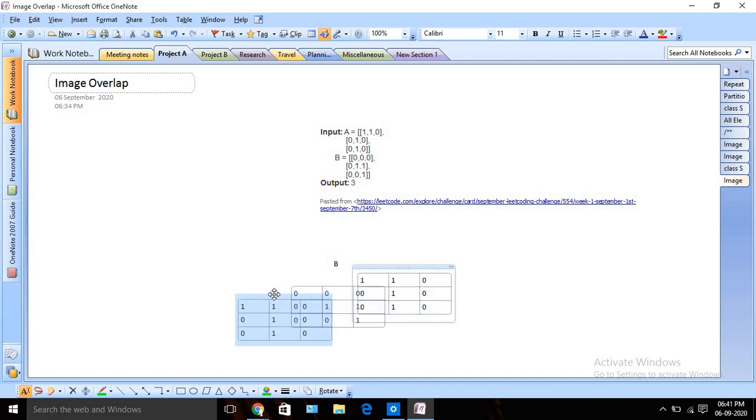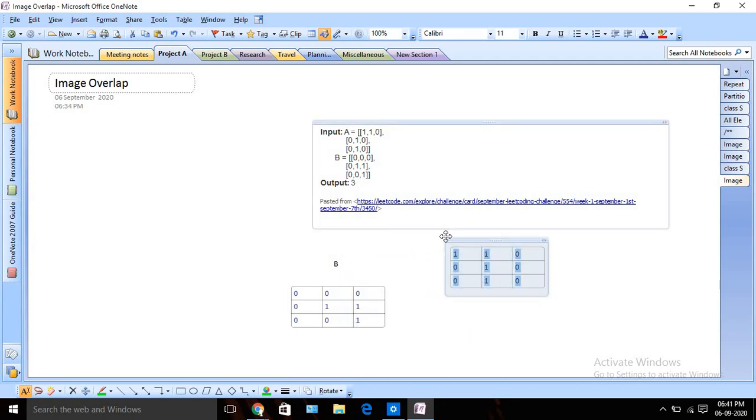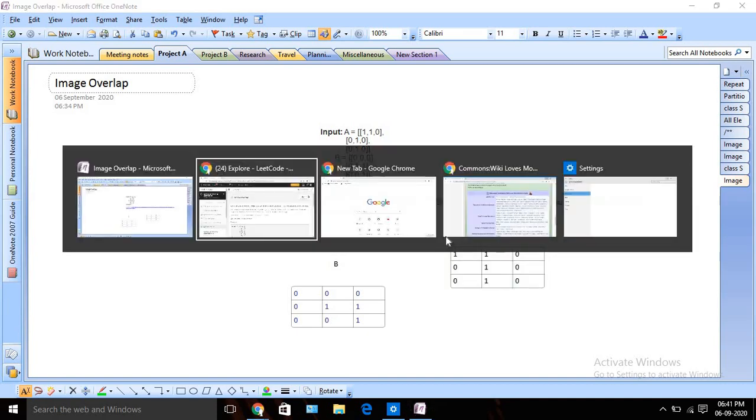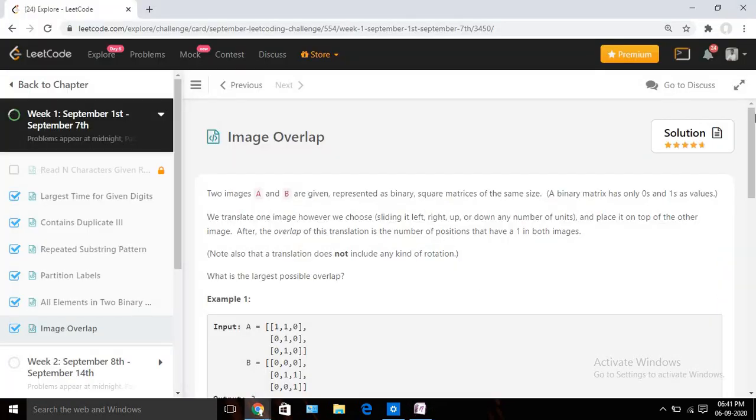Okay, and similarly we can do the same from left to right, and up to bottom also, right? So at first we will check like this, then like this, then like this, then like this, then like this, then like this. Okay, so we basically need to check all the possible combinations, and while checking we need to keep tracking the total number of cells which have 1 value. Okay, so let's try to write the code for the same using Java.